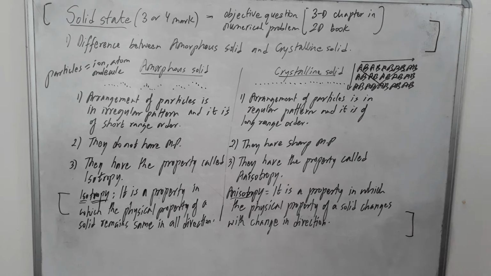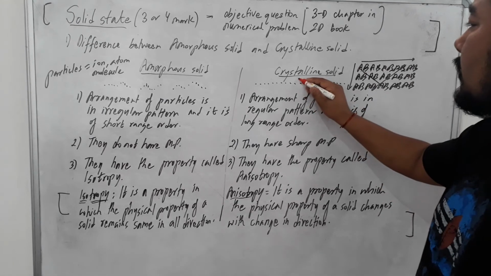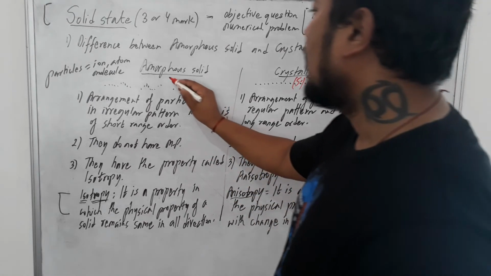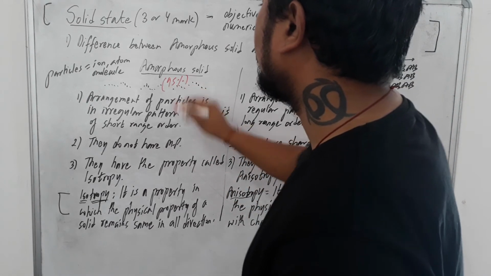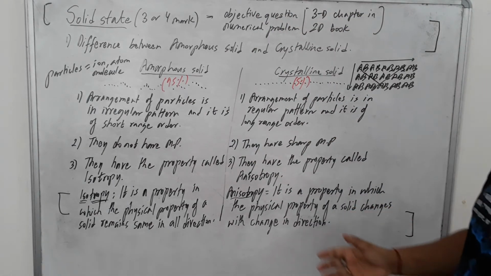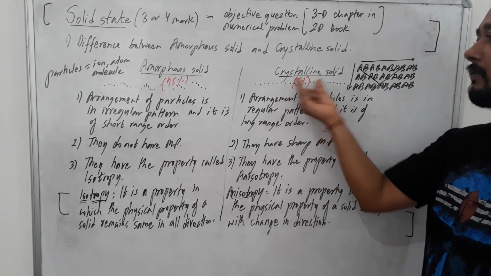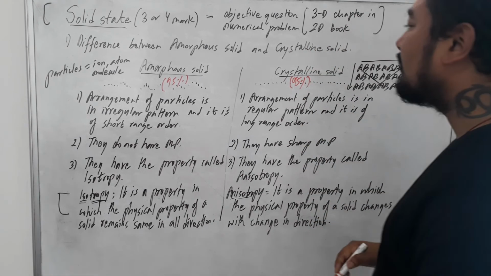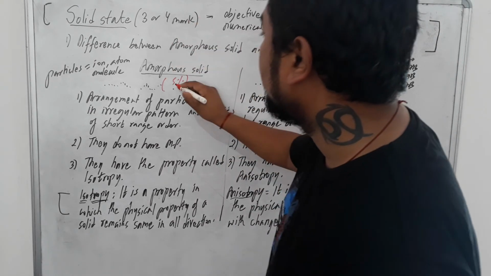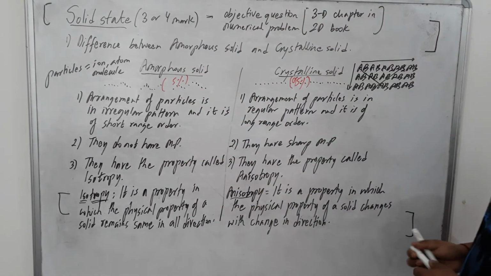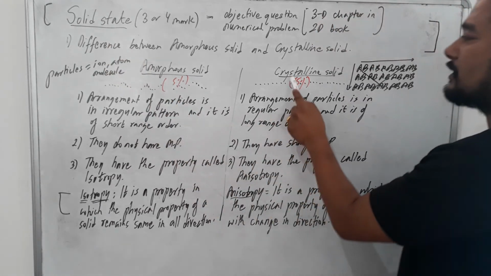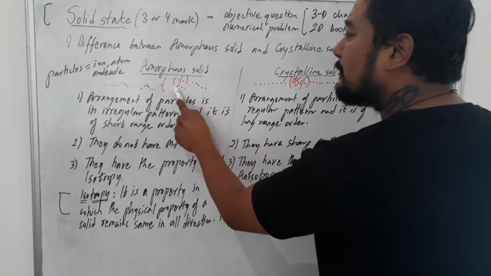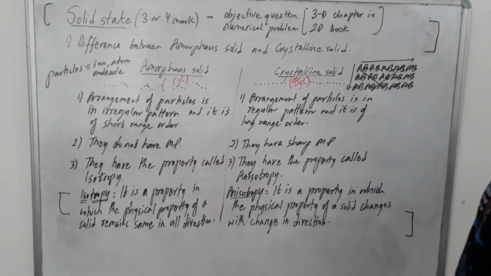Now, do remember, in this chapter we need to learn 5% about crystalline solids and 95% about amorphous solids. Sorry, I made a mistake here. We need to learn 95% about crystalline solids and simply 5% about amorphous solids. So that means this chapter called solid state is totally based on crystalline solids, and we discuss 95% about crystalline solids, only 5% about amorphous solids in this particular chapter.